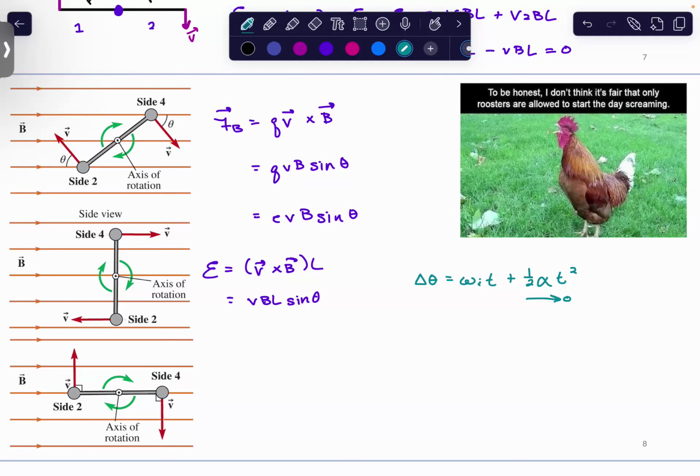So what we get is delta theta is going to be omega t. Omega is your angular speed, so omega times t is radians per second, or omega t is an angular frequency. So now what we're going to have